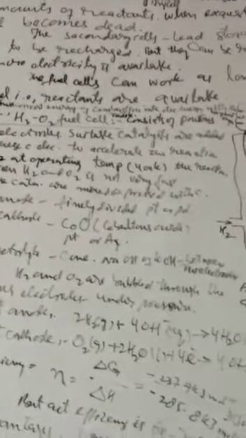Therefore, we have another type of cells called fuel cells. Fuel cells can work as long as the fuel is available, which are basically the reactants in this cell, which react to produce electricity. These convert the energy of combustion, which is also a redox reaction, into electric energy without the use of a heat engine.